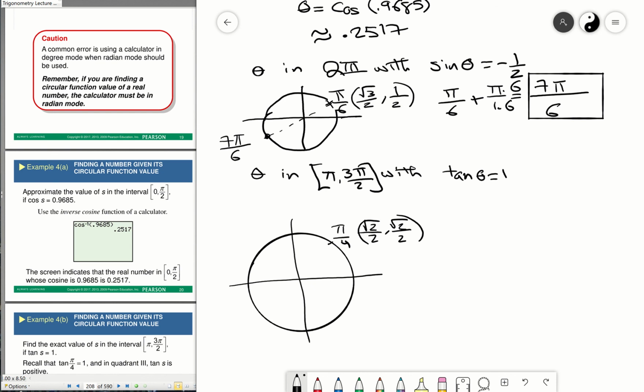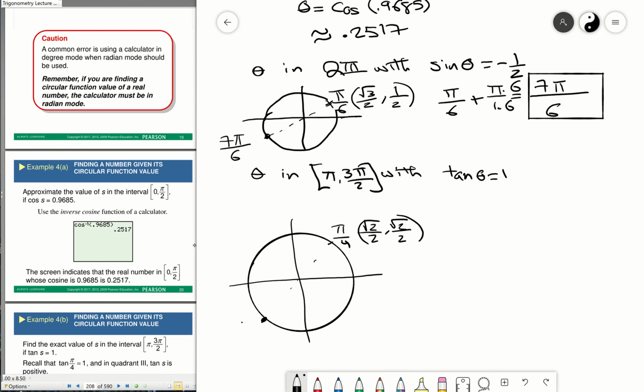Because when you say quadrant 3, that's all these values from here to here, but not including pi or 3 pi over 2. When you put closed interval pi to 3 pi over 2, that means all of those angles including pi and 3 pi over 2. But we won't really need to worry about pi and 3 pi over 2 because we know where the angle is going to be. The angle is going to be right there, which is once again